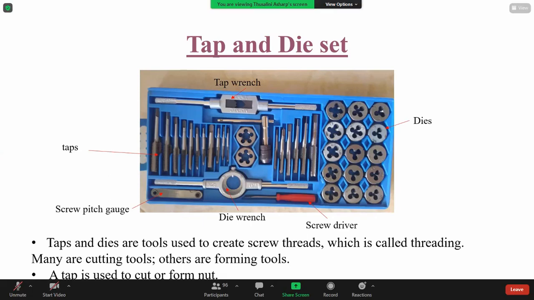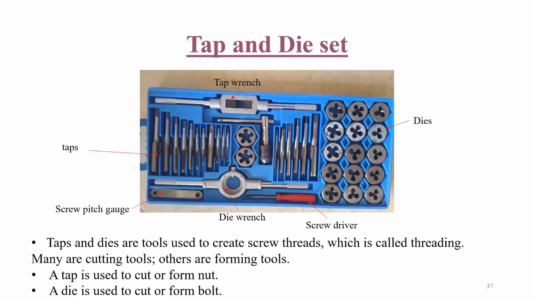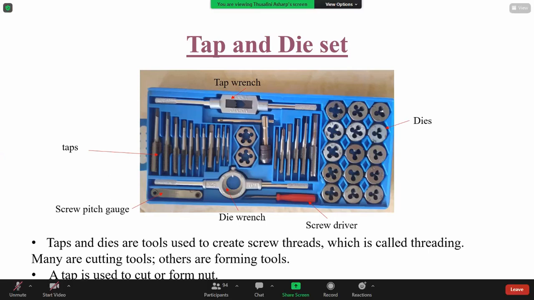We can utilize different types of taps. See, you can see the cuts on the outer surface of taps. We can utilize particular drill bits. That means particular drill bits to make a particular size hole, and corresponding to that hole,